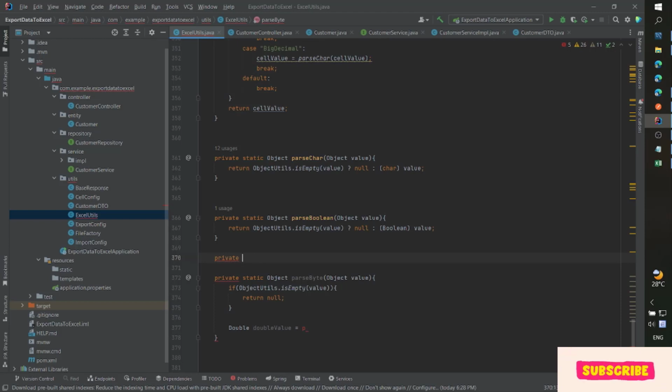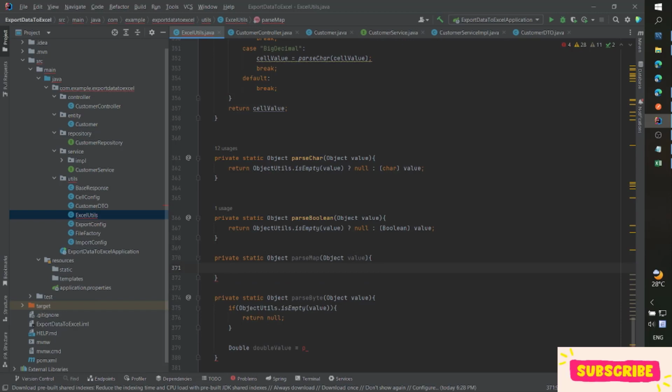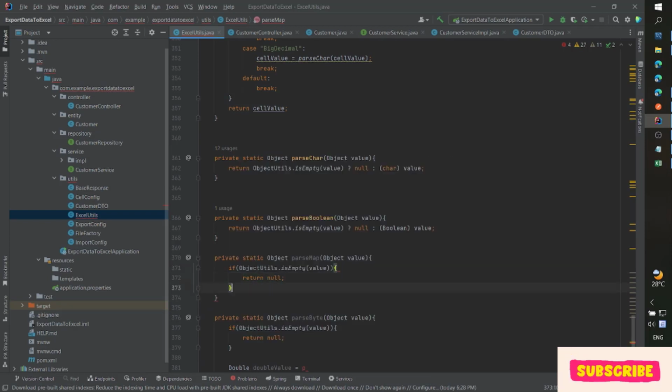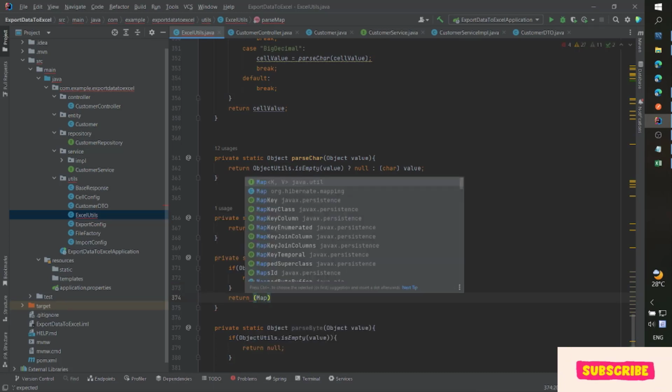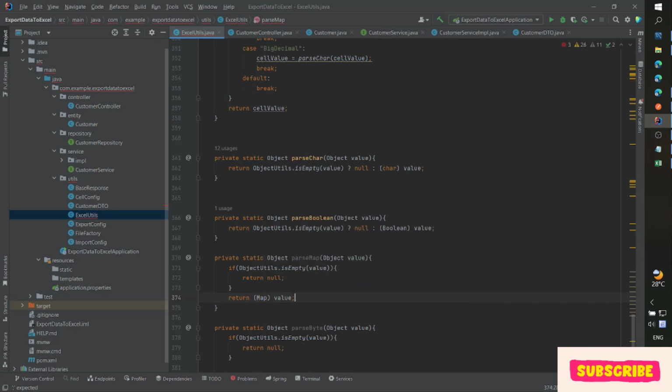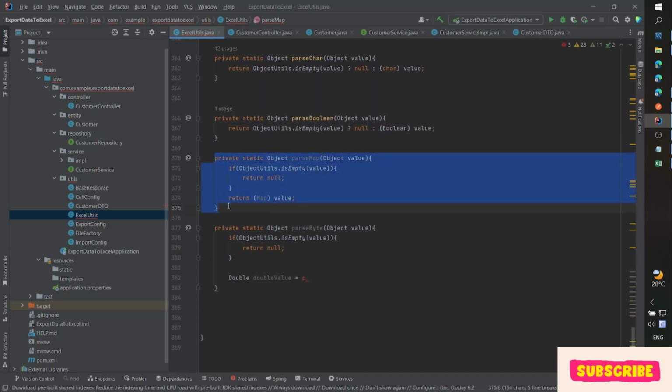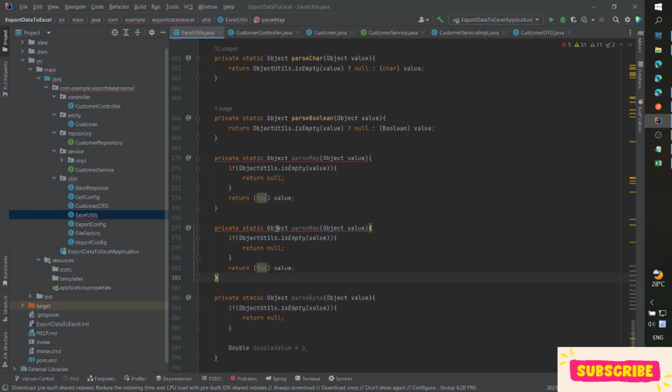I will parse with static object. Here I paste map and object value, and for the map, if the ObjectUtil not empty value, we return the null, and we return the map here value, and I will copy. Next is a paste enum,